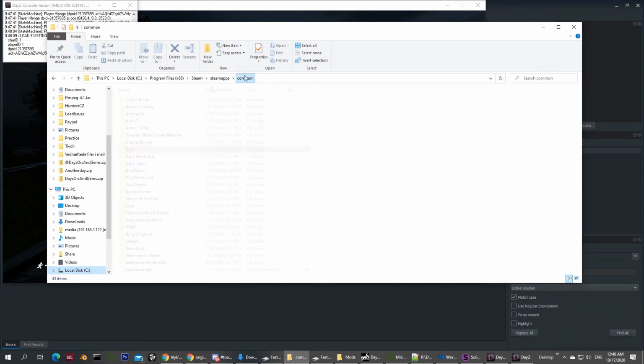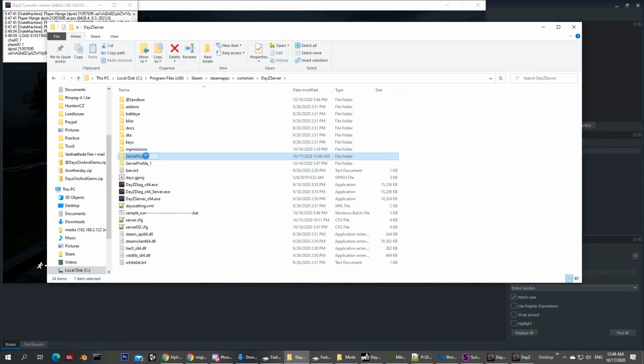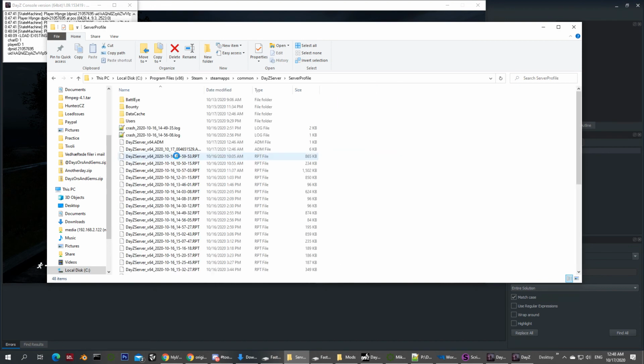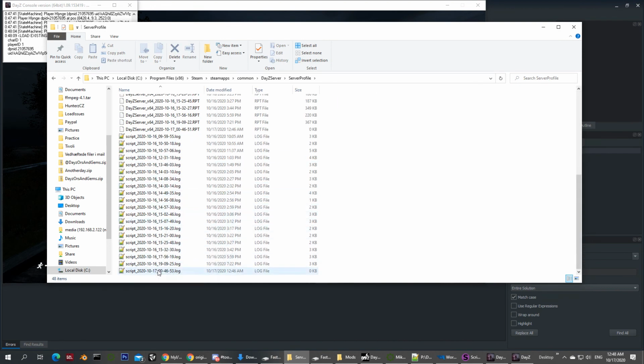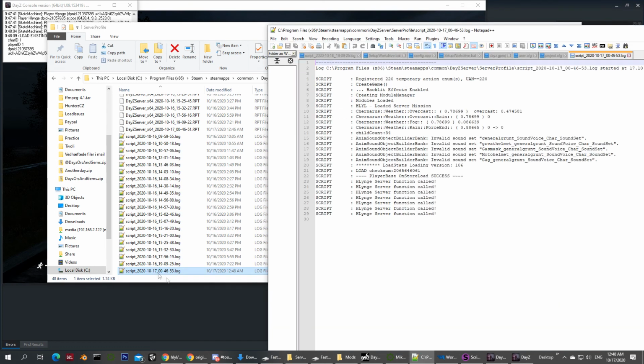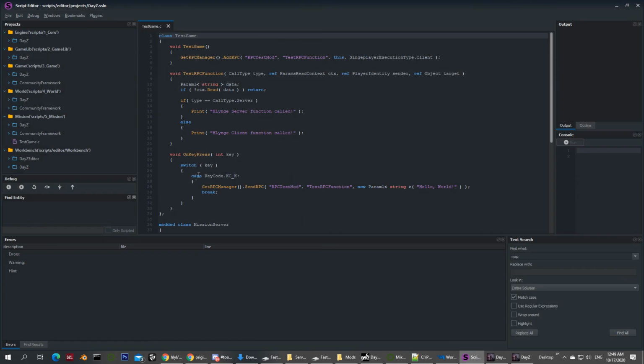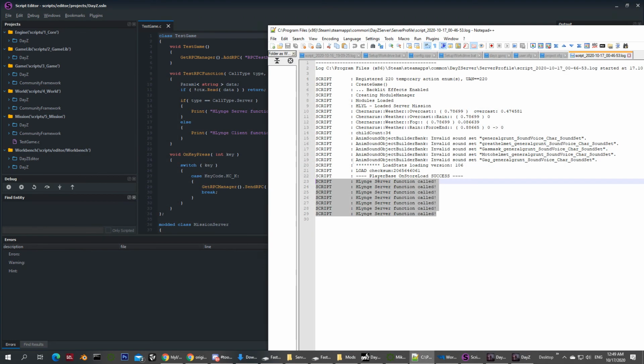So if I go here to the server in my server profile and open the latest version of my scripts folder just generated now, you can see that the server function was actually called, because this was the statement that I had here, and you can see that I called that a number of times.